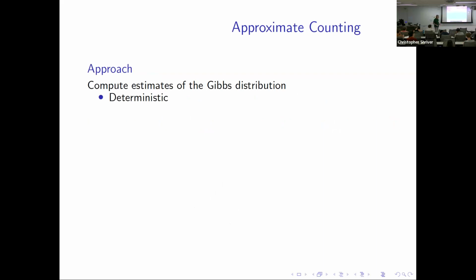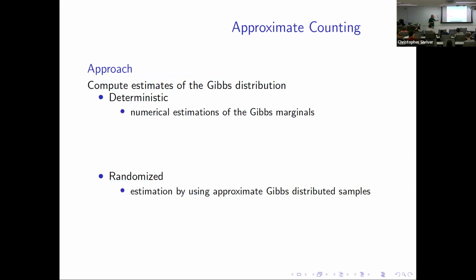Okay, so how do we do approximate counting? So basically there are two approaches, like everything when it gets to algorithms. There is a deterministic way and a randomized way, right? In the deterministic way, basically we compute a numerical estimation of the Gibbs marginal, right? We do calculation. For the randomized version, we use approximate samples from the Gibbs distribution, and basically we estimate the marginal from the empirical distribution,